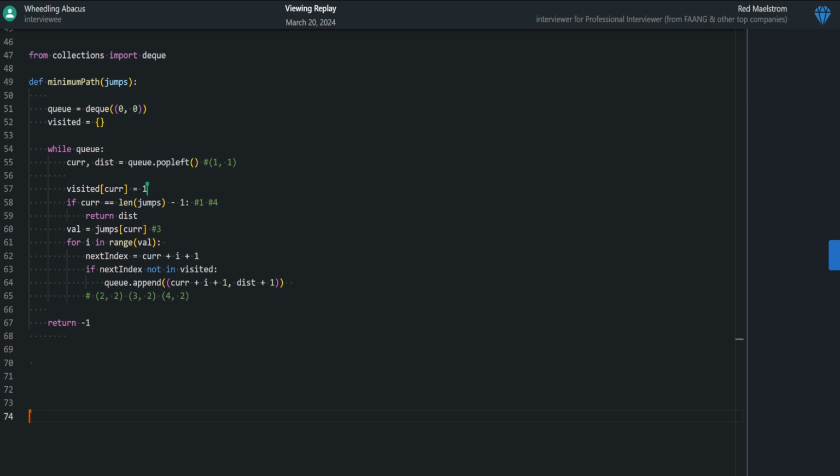We discussed that there could be multiple optimal ways to reach the last index, but we just need to return the length and not the actual path. We also discussed the possibility that it may not be possible to reach the end of the array. And you were right that you mentioned that it looks like a dynamic programming problem,